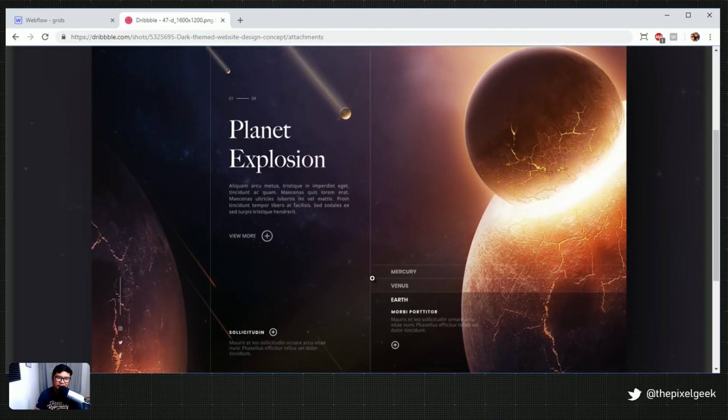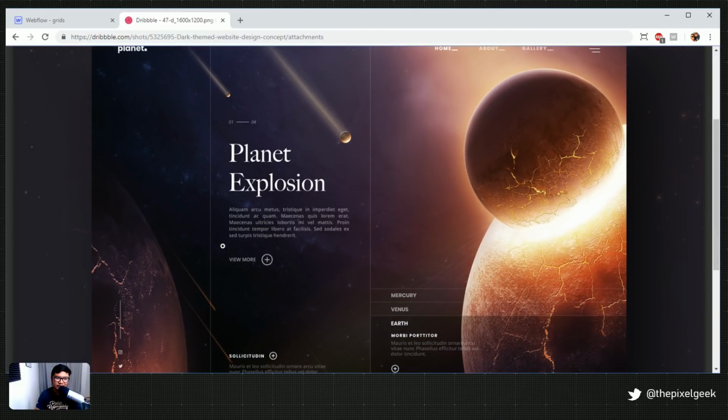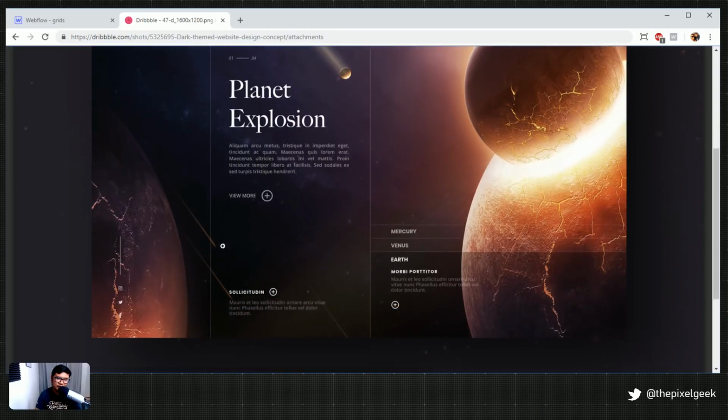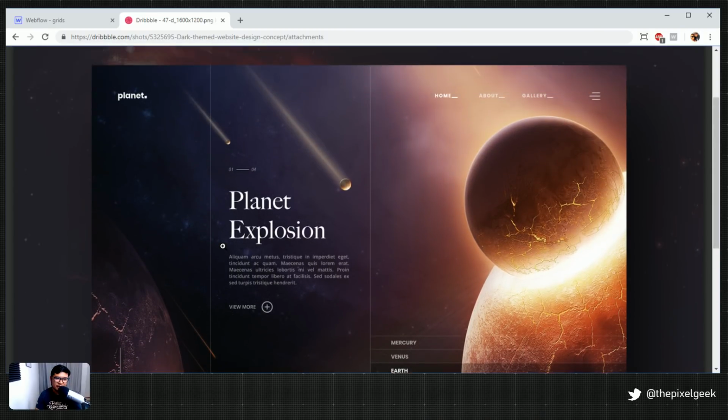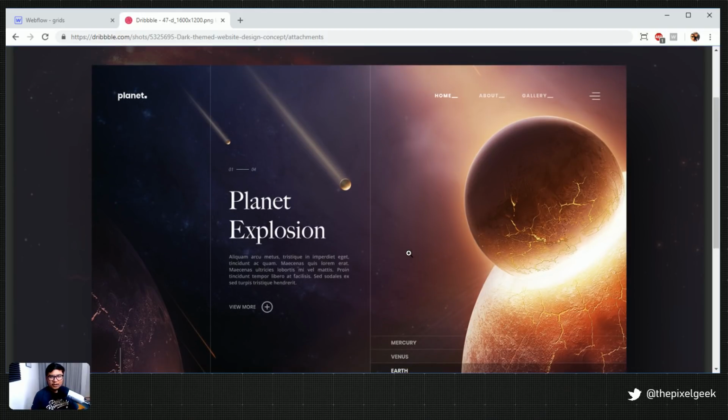I'm going to copy the grid, but of course I don't have these assets, so I'm just going to use the stock space photos that I already have on my hard drive. We'll try to do this using grid instead of Flexbox. This seems simple in Flexbox, but no, we're going to use grid. So let's refer to it here and there.